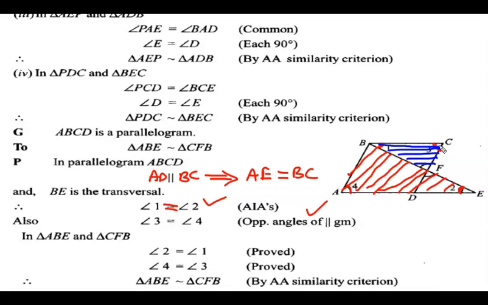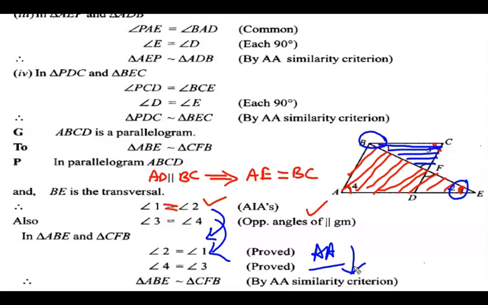So what we find here, angle 2 is equal to angle 1. So this was angle 1, this was angle 2. We have proved that they are equal. And angle 4 is equal to angle 3, because again in the parallelogram we have proved this condition. So we can take these two conditions like this. If we take 1 is equal to 2, so two angles are equal. We take 3 is equal to 4, so these two are the same, so the condition is met, that is, the AA similarity criterion is met.